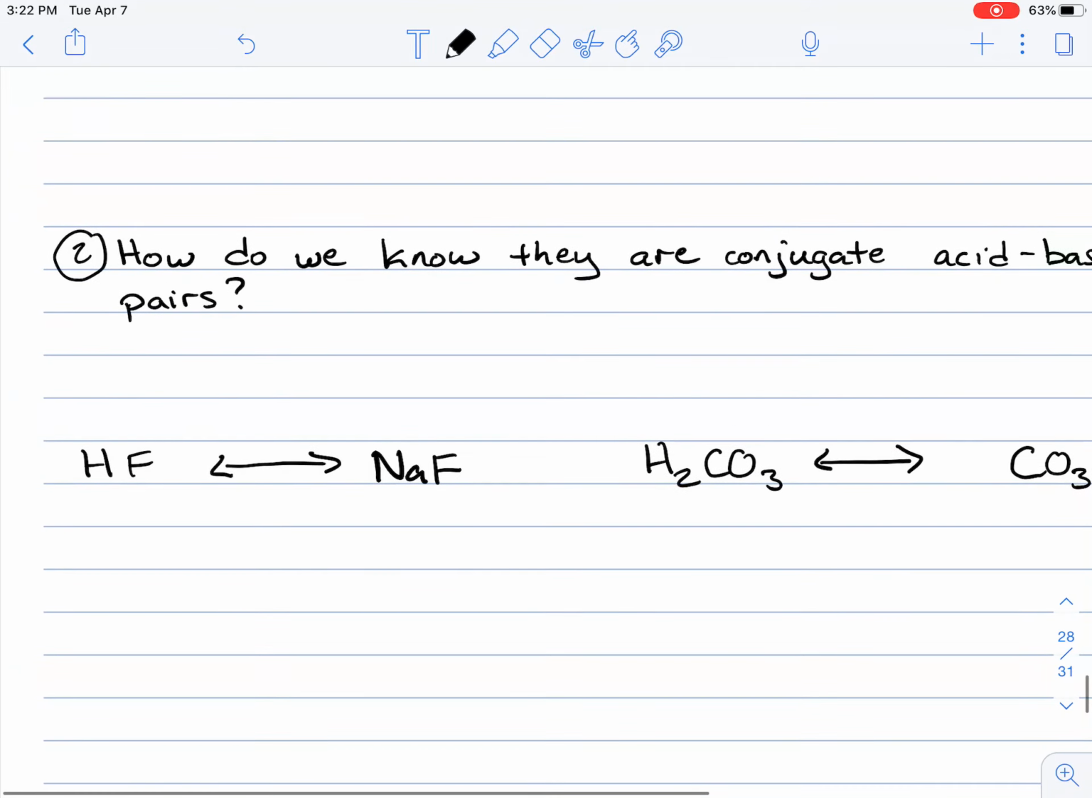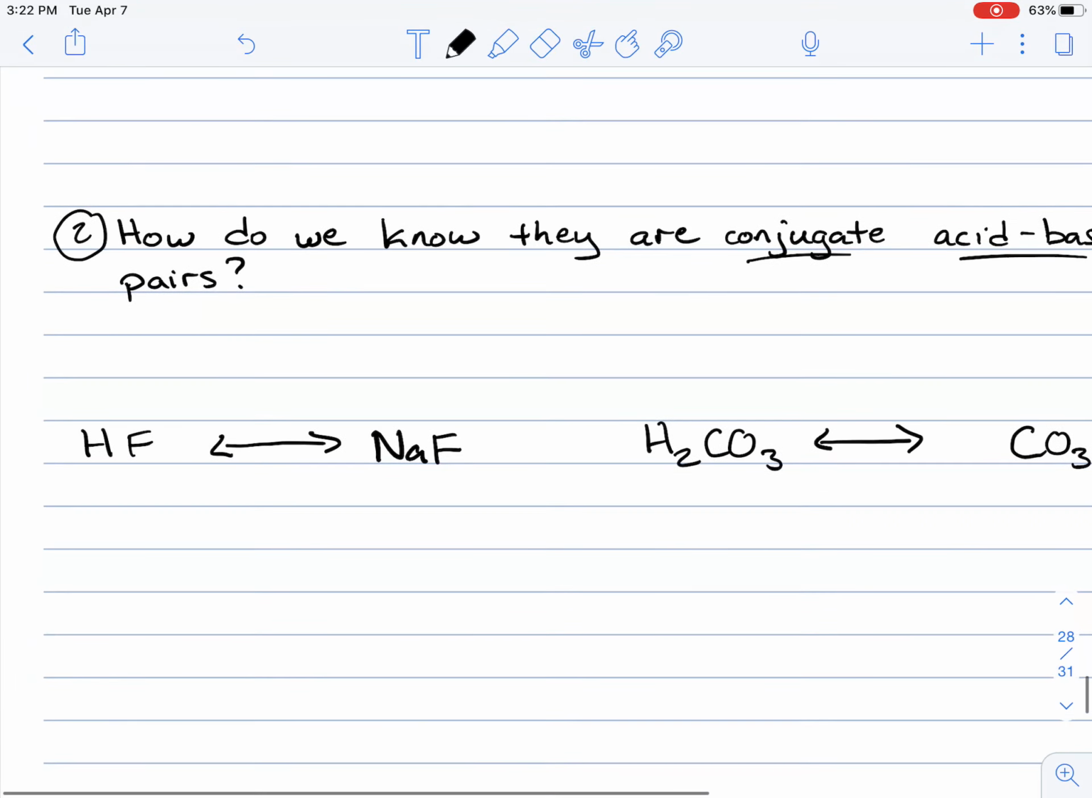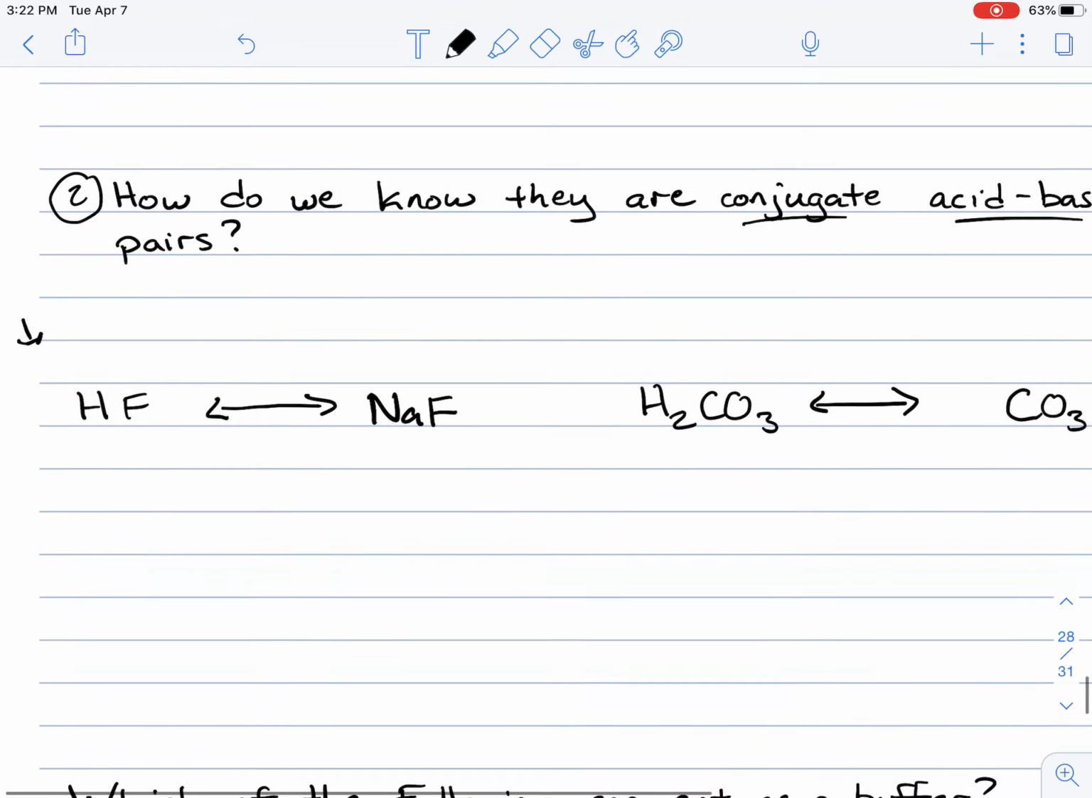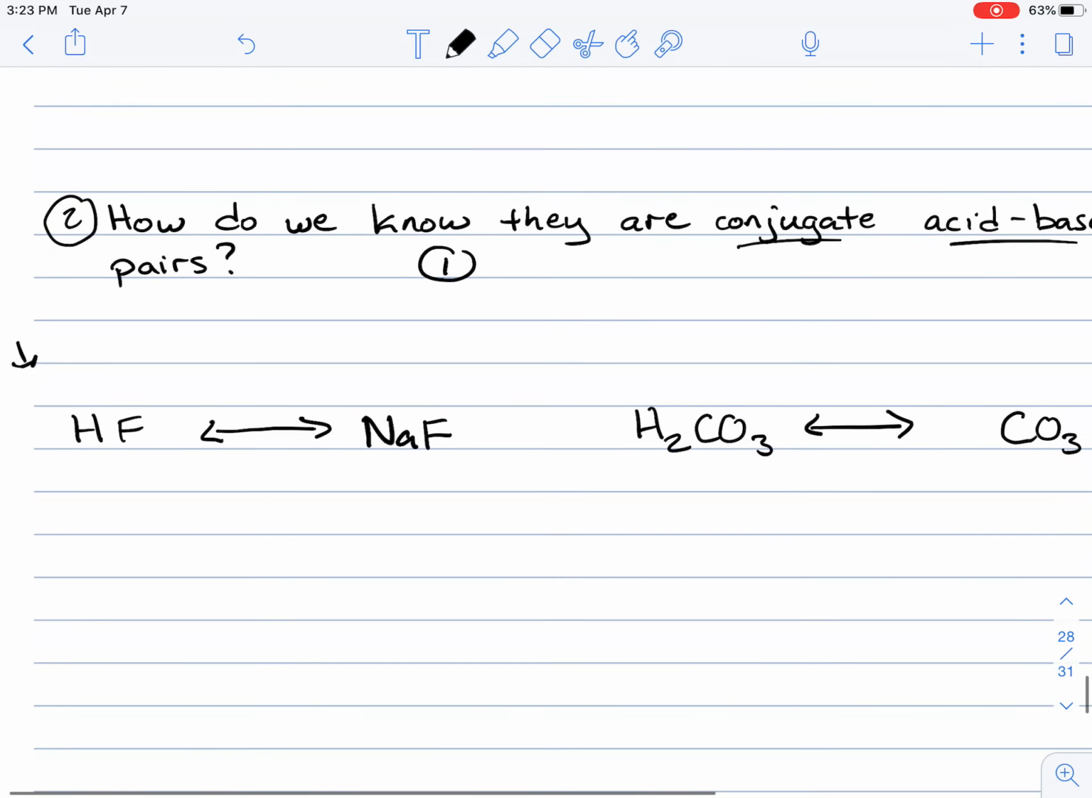All right, so let's go ahead and look at these two examples to determine if they're conjugates of each other. So looking at this problem on the left, HF and NaF, there's a couple things that we need to check to determine whether or not they're conjugates of each other. The first item that we're going to do is,